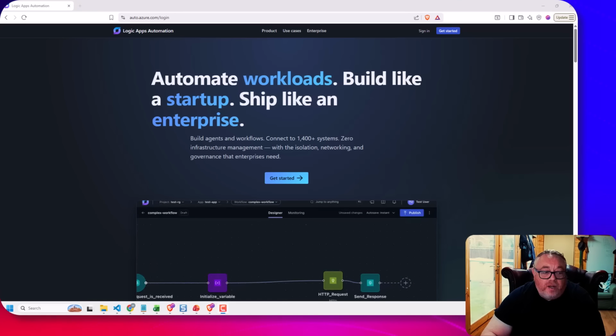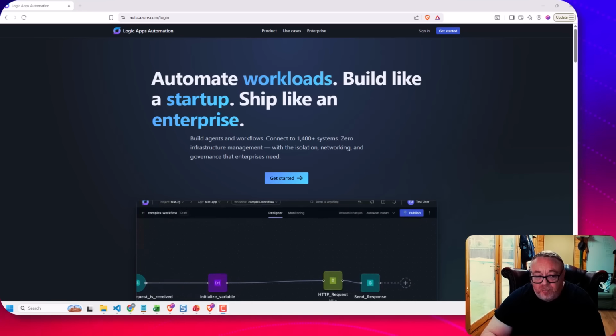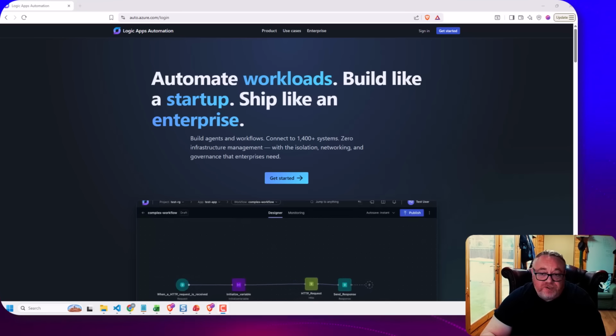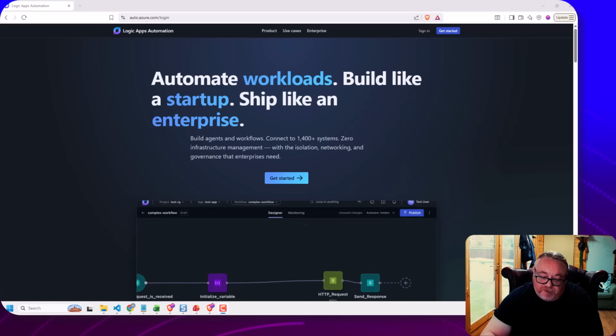So at Build, they've just announced the new Logic Apps automation capability. And I thought, let's just jump in. I'm aware of this, but haven't really tried it yet. So I thought we'd do an unboxing video and we'll just try and build something. So my understanding of this